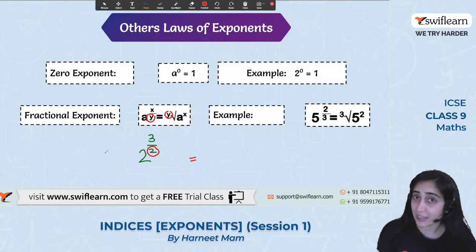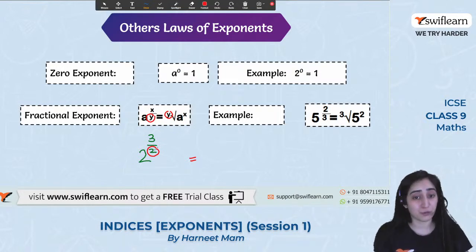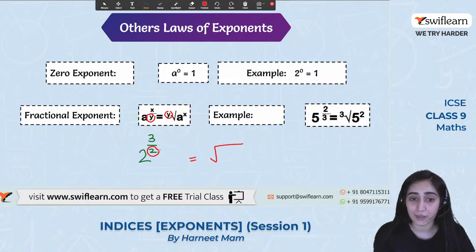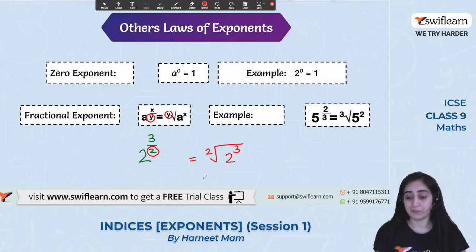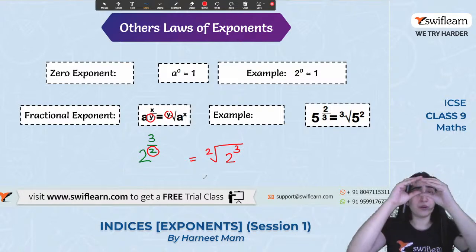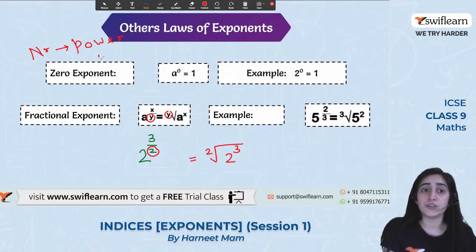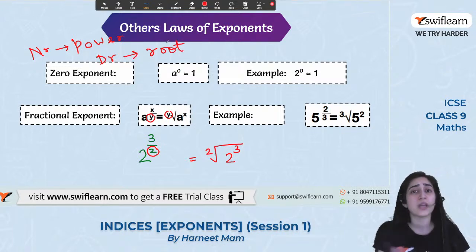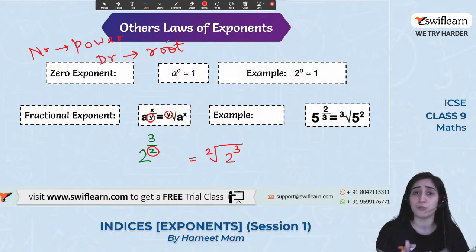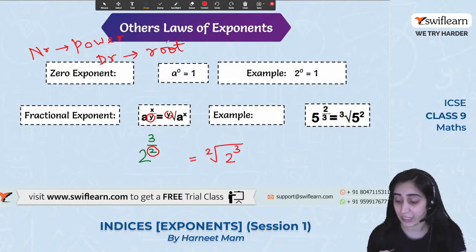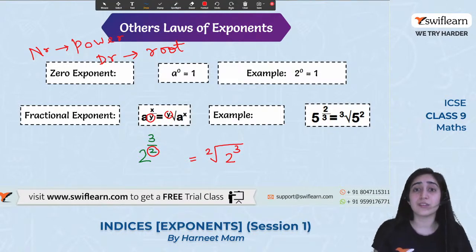अब जो एग्जाम्पल मैंने लिया उसकी बात कर लेते हैं। 2 raised to the power of 3/2 मतलब स्क्वायर रूट आ रहा है, क्योंकि नीचे 2 है तो स्क्वायर रूट है, और 2 raised to the power of 3 हो जाएगा। क्लियर? सो जो ऊपर होता है वो हमारा न्यूमरेटर जो होता है, लेट मी एक्सप्लेन इट अगेन, जो न्यूमरेटर होता है वो हमारा पावर ही रहता है, और जो डिनोमिनेटर होता है वो हमारा रूट बन जाता है, मतलब उसके रूट्स निकालते हैं, स्क्वायर रूट्स, क्यूब रूट्स, 4th रूट, 5th रूट, ऐसे हम डिफरेंट रूट्स निकाल सकते हैं। जनरली स्क्वायर रूट्स और क्यूब रूट्स में ही क्वेश्चंस देते हैं ताकि हम उसकी वैल्यूज निकाल सकें.